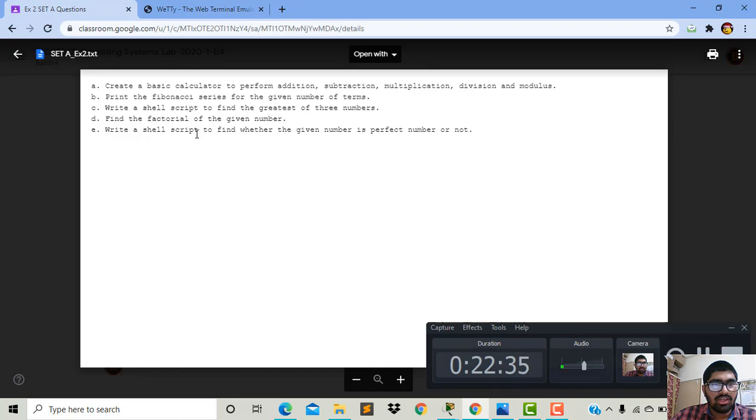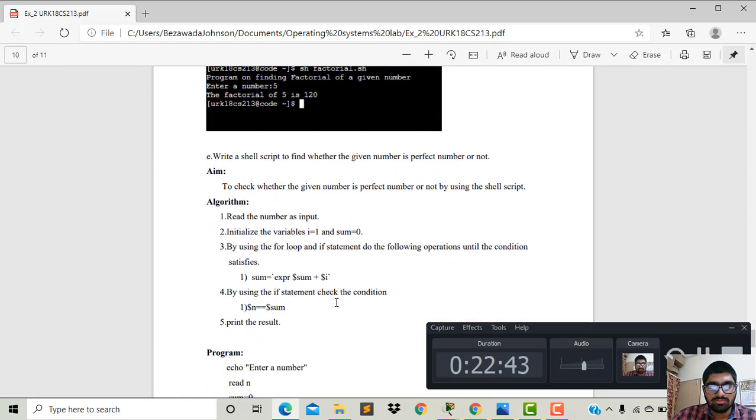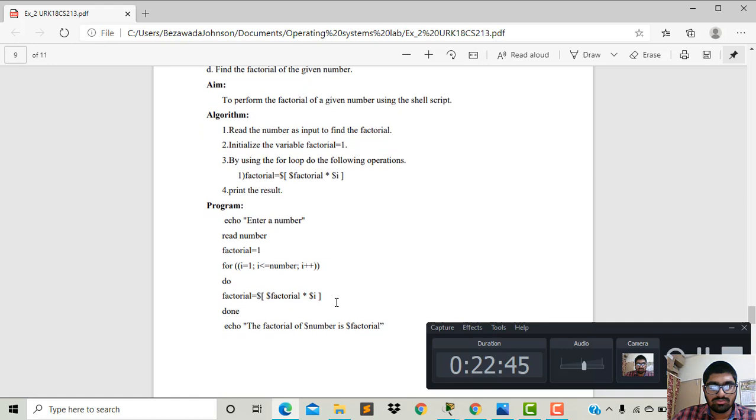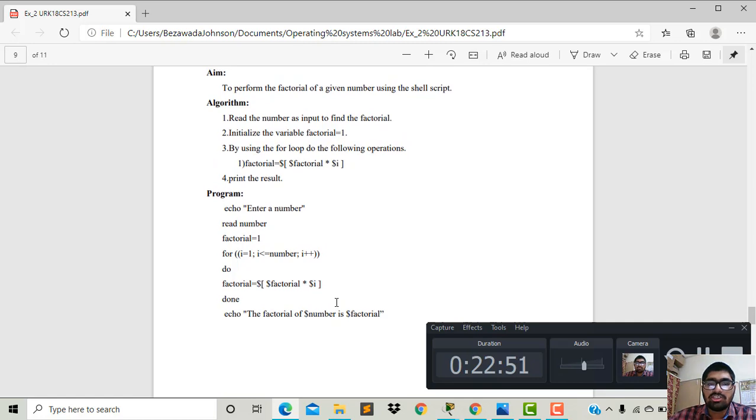Find the factorial of the given number. To perform the factorial, first it will read the number as input.